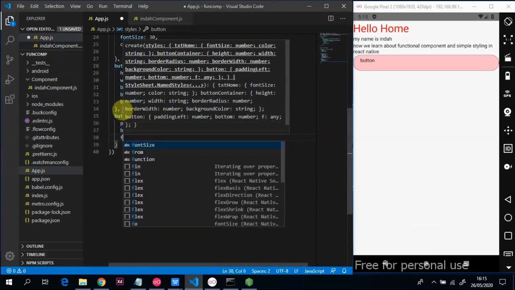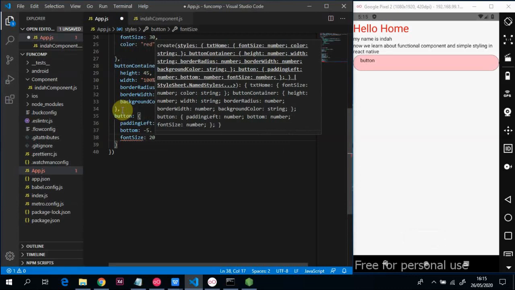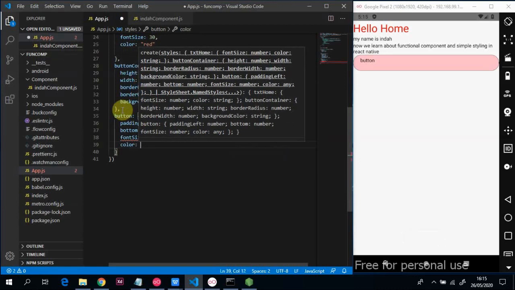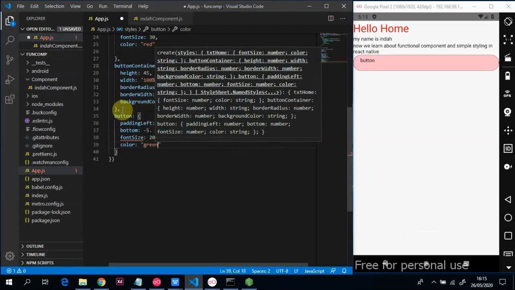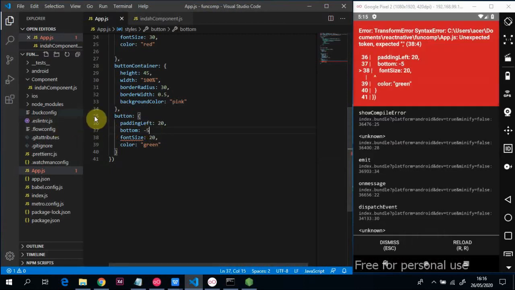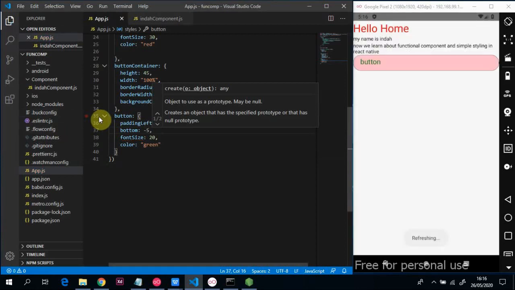Okay, font size. And the color, for example, green. Oops, sorry, and the error. Okay, looks the button like this,